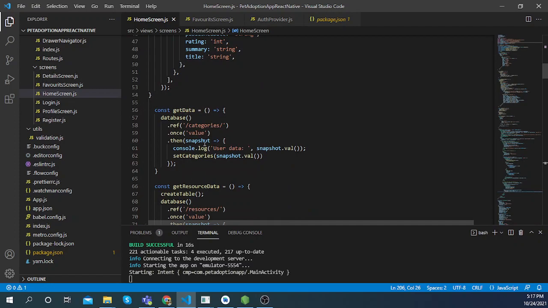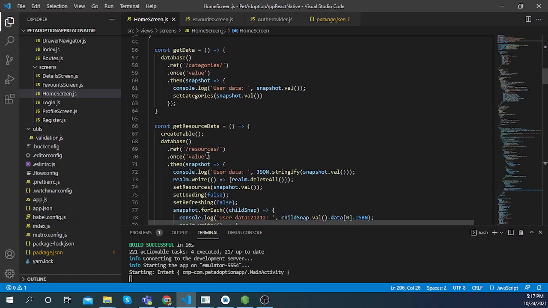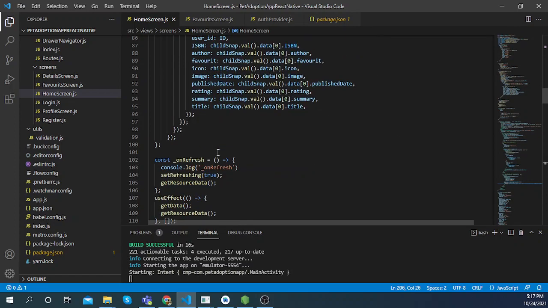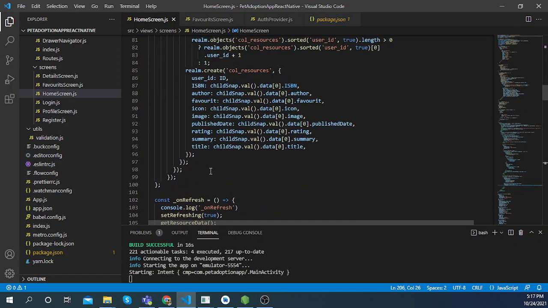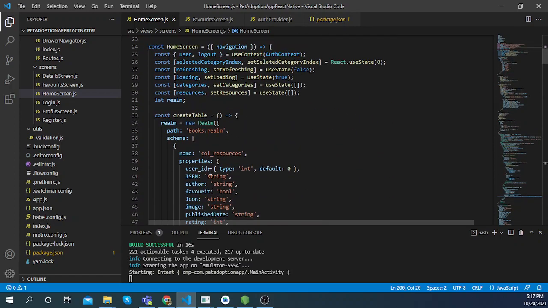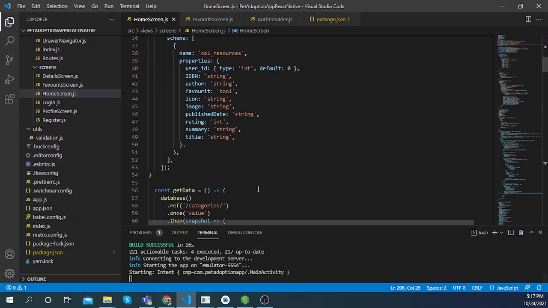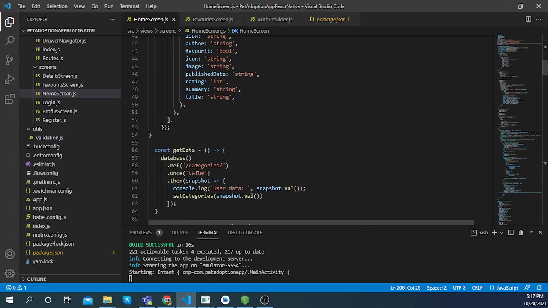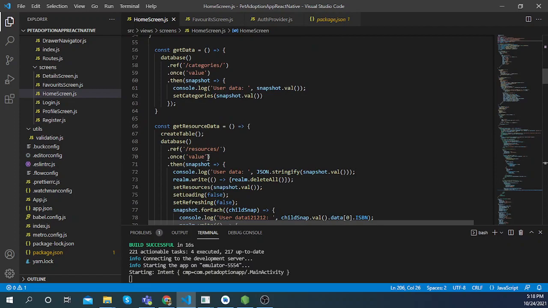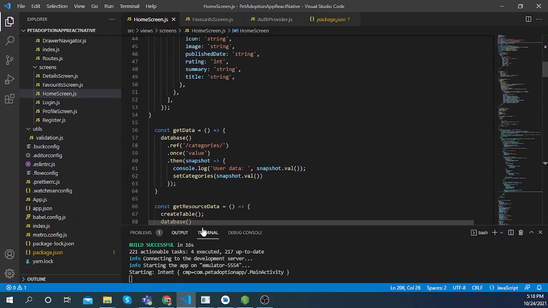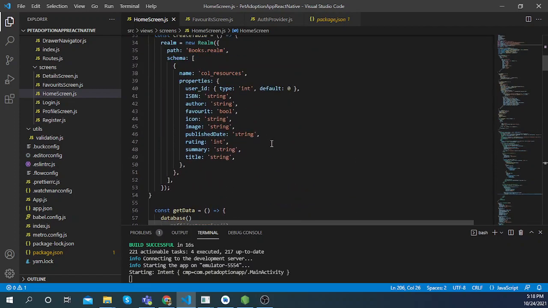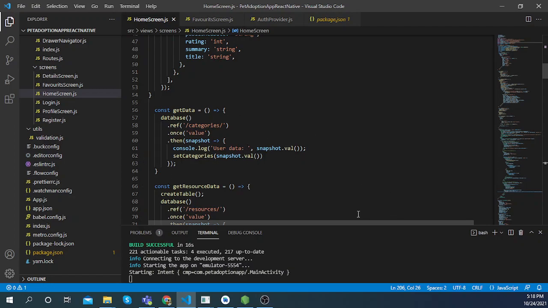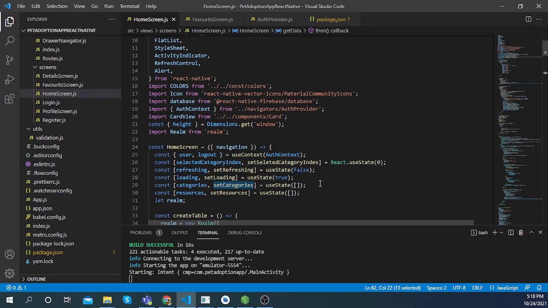These get data, category data will be getting, and resource data will be getting here. And yeah, all these data getting from here. So in this view I need only categories and resources. So once those data will be fetched from the firebase database, I will set all the data to these use states